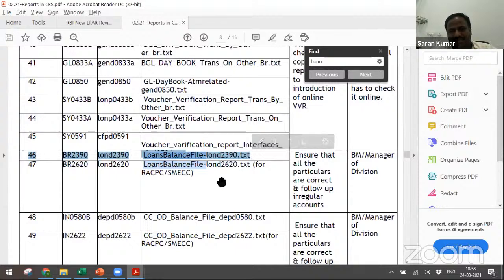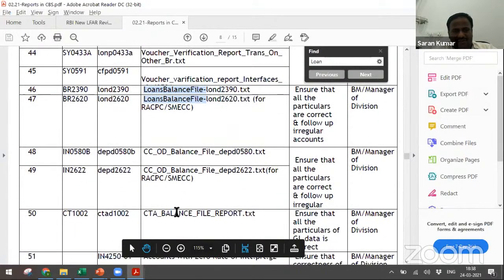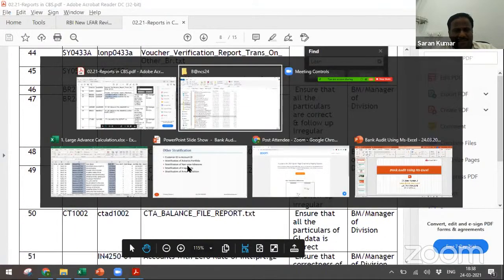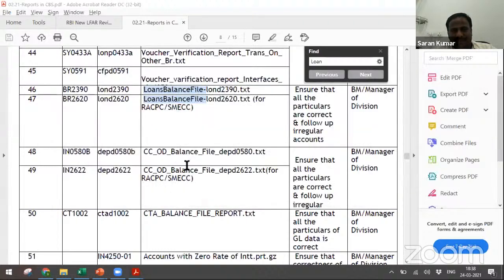When it comes to the CCDP, it is here only. The CCDP balance file name is DEPD0580B and so on. These are files that 90% of the time they provide. These are important and required files. But other than this, maybe exception reports and so on, if you have more interest to go into the system, then you need to find the command properly.